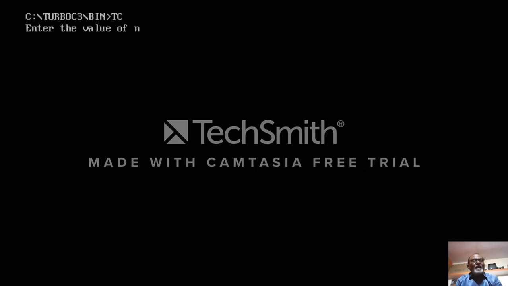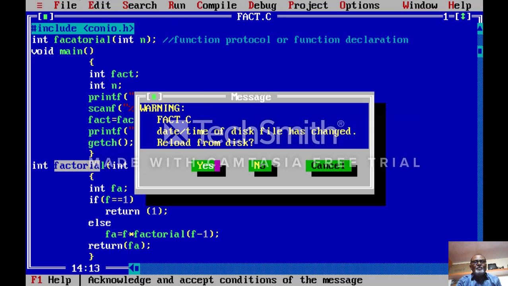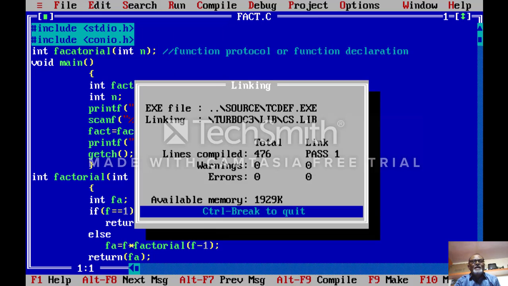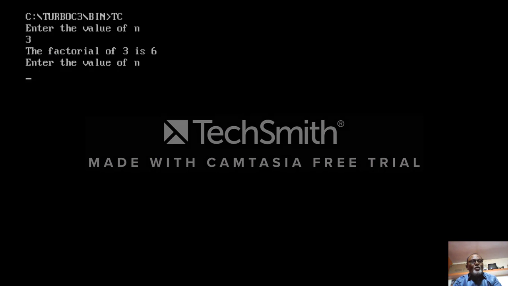So when you enter the value 3, it gives the result 6. That means the factorial of 3 is 6, that means 3 multiplied by 2 multiplied by 1. The result is 6. Now again we execute this program for another value. Run here. Enter the value of n, that is 5.